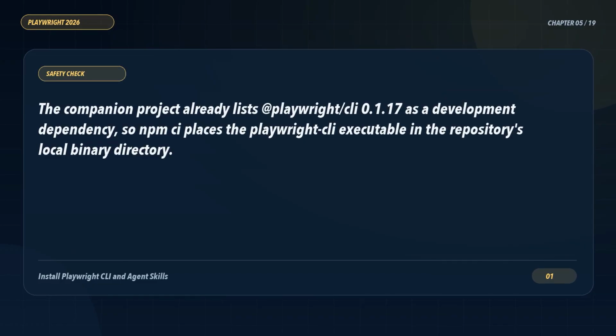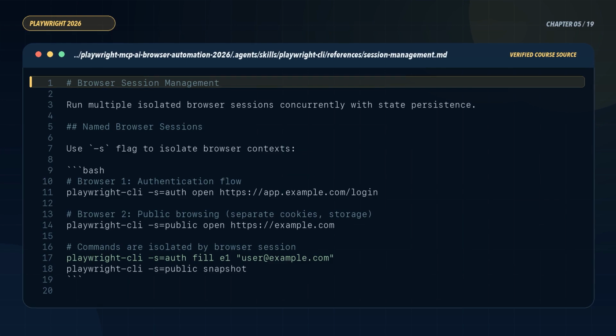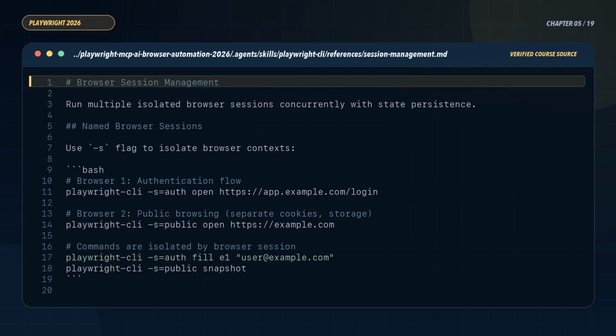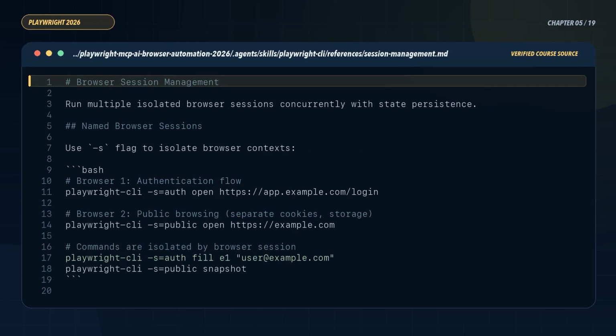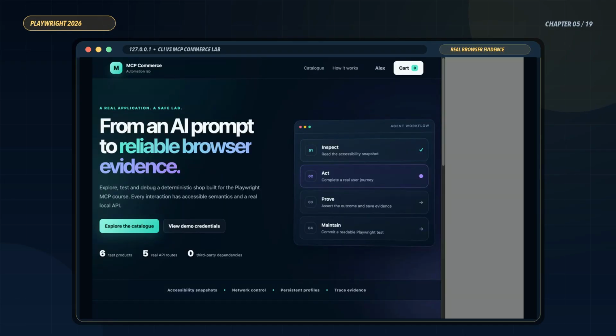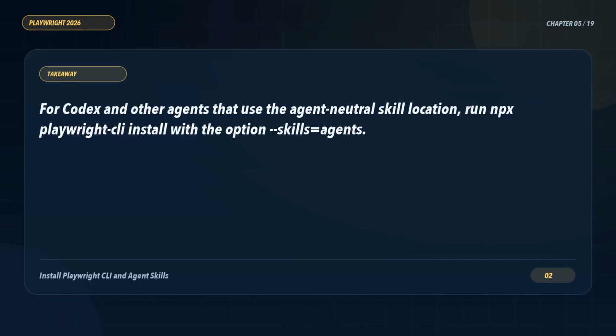At this point we have three distinct pieces: the local Commerce Lab, the Playwright CLI executable, and agent-readable Playwright skills. Open the project root in your chosen agent host so its working directory and permissions are scoped correctly. With installation complete, we will first operate the CLI manually. Understanding the snapshot and reference loop makes it much easier to recognize whether an agent is using the browser carefully